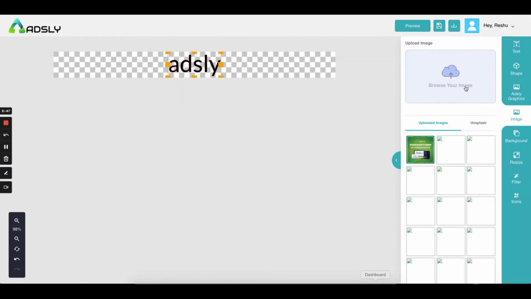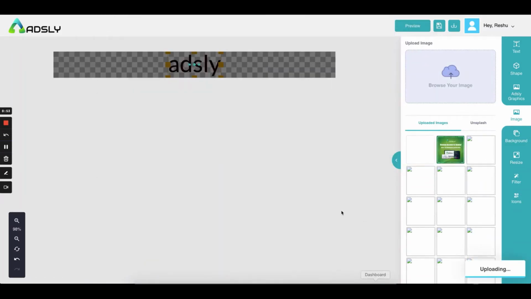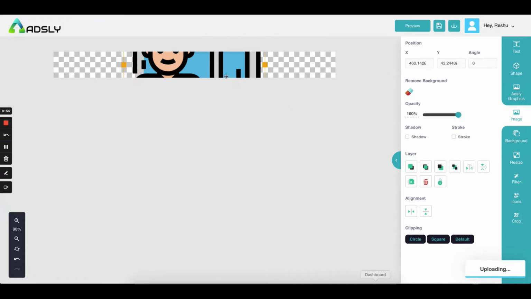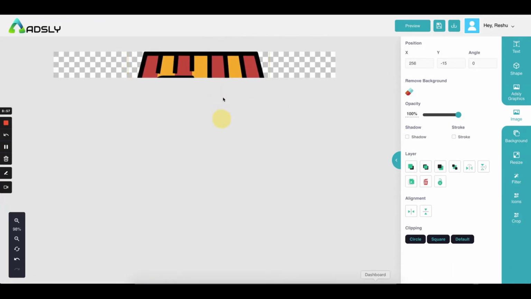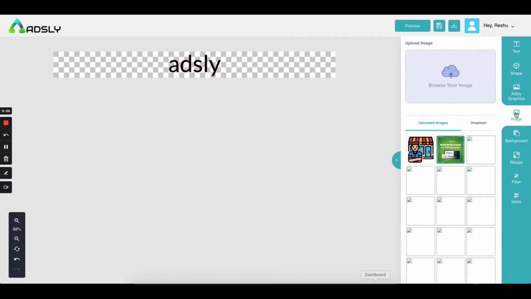Then from the image option, you can upload your own image. For example, maybe this. So first, let's reduce the size of this image. Or we can do one more thing, since before coming to the image options, I'll introduce you to the resize options.